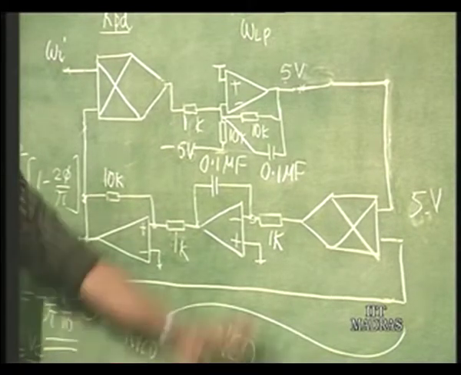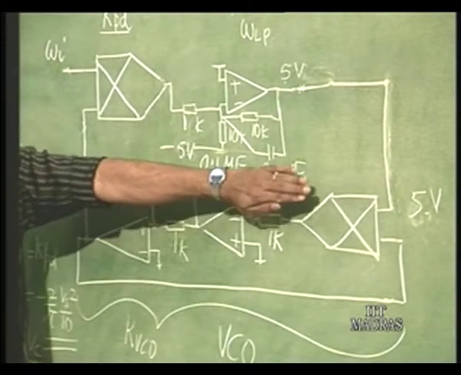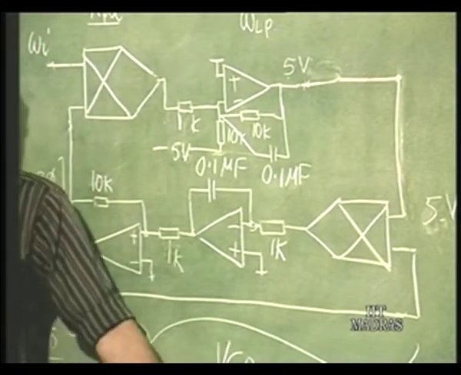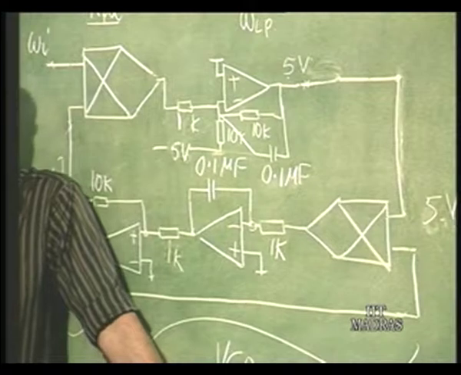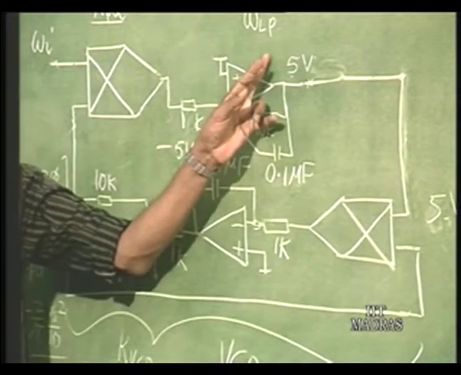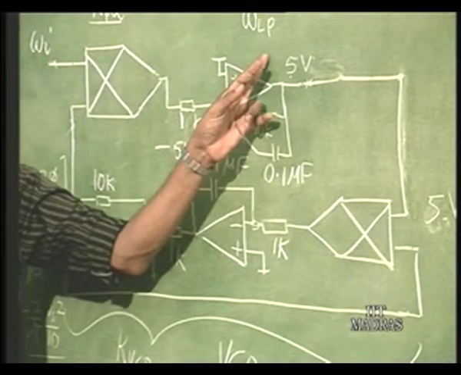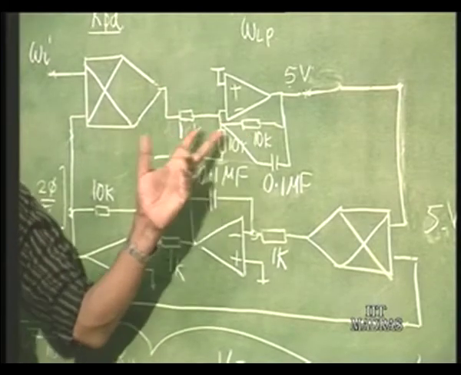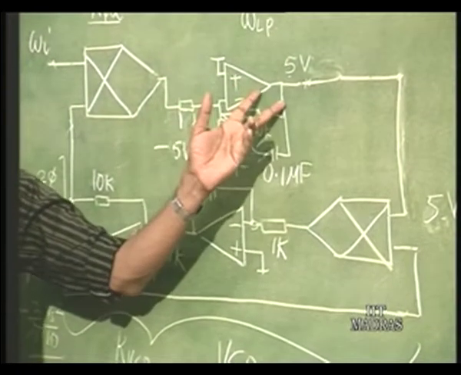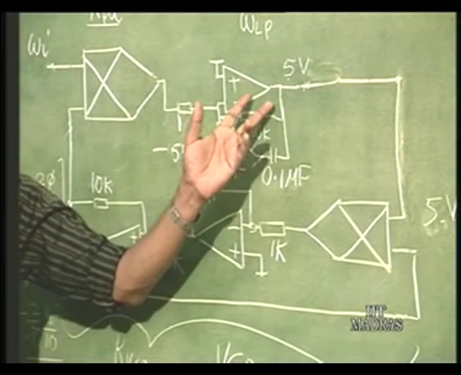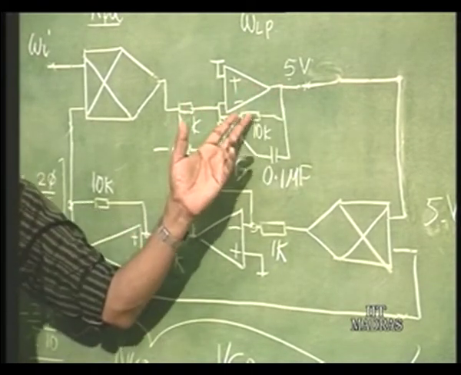Now, we are going to remove this capacitor and demonstrate to you that in such a situation, the lock range is very nearly the capture range, even though the amplifier itself is going to have a low pass filter cutoff frequency, which is going to be pretty high, because its gain is 10, and therefore, if its gain bandwidth product is for example 1 megahertz, its cutoff frequency will be 1 megahertz divided by 10,